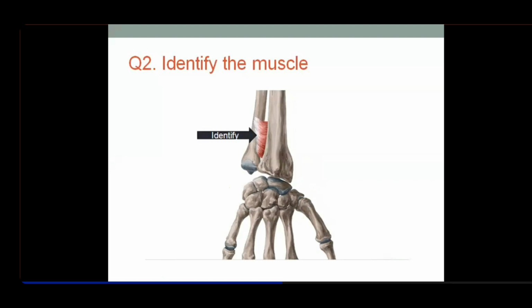Identify the muscle. First of all, see the diagram. Here you find is radius, this is ulna, and the carpals. First of all, you have to see whether this is the right or the left-sided hand, and then whether it's a dorsal or the palmar surface. So orientation clear karna hai. One thing is radius you're seeing is on the lateral side, and here it's the ulna on the medial side,